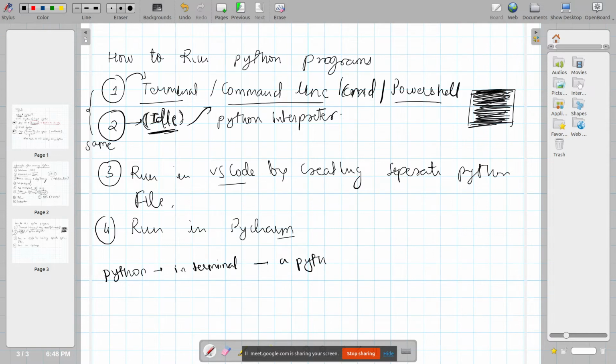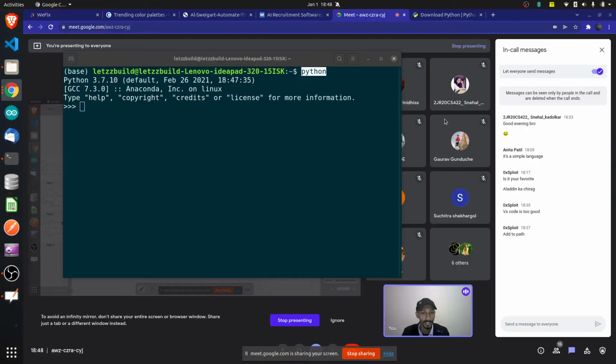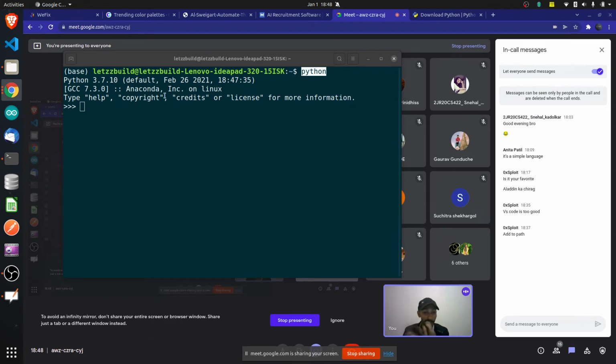How to understand whether it has opened or not? You will see these arrows. If you see these arrows, that means it's a Python interpreter shell that has opened, where you can execute all your Python programs. That means you can run all your Python programs here itself.